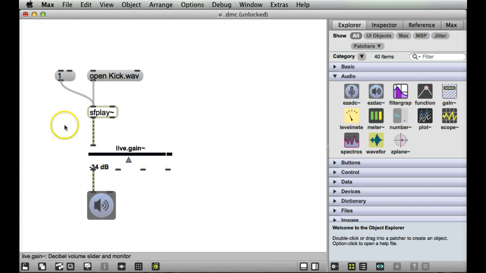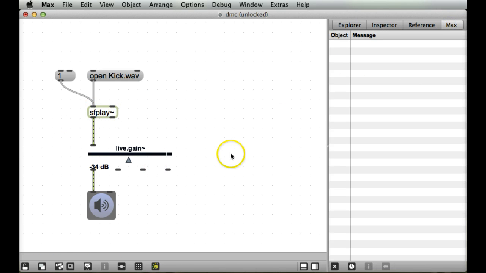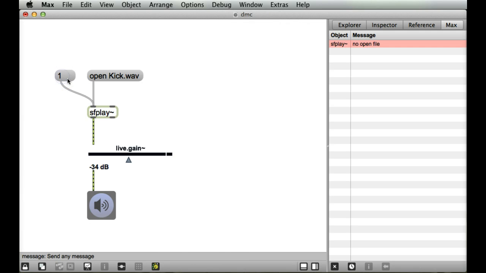So we've got a couple of messages which are routed into our sfplay. Now it's good to look at the Max window when you're using sfplay. If nothing's happening, it could be giving you important information. If I lock the patch and then try and play this, it comes up with an error message telling me that there's no open file. What I really need to do is load a WAV file or an AIF file into sfplay for it to actually start playing. So if I click on this message,